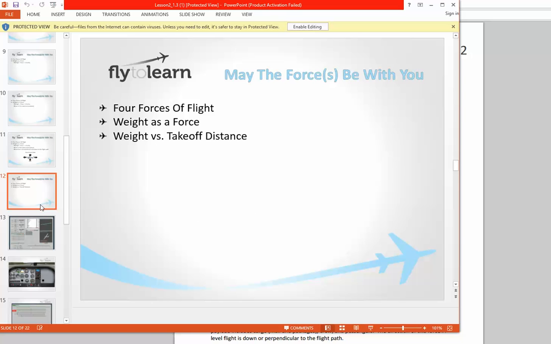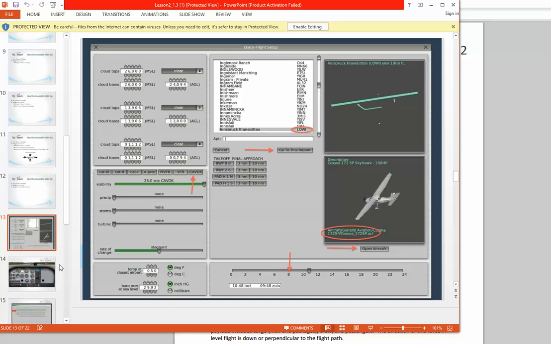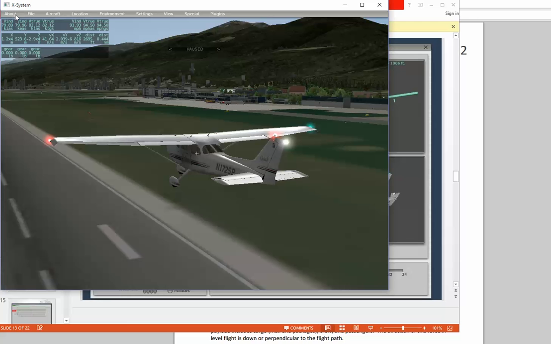So what we're going to do now, and I hope you've gotten a couple of good liftoffs in there, we're going to do a quick experiment and see how the weight of the aircraft and payload affects the takeoff distance. So you hopefully already have your Cessna and the airport Lowy ready and everything. So what I want you to do